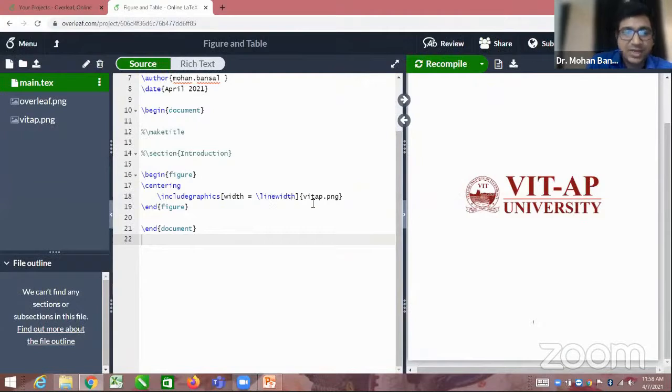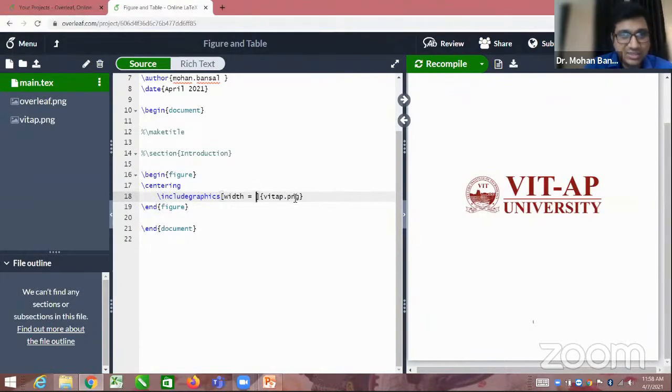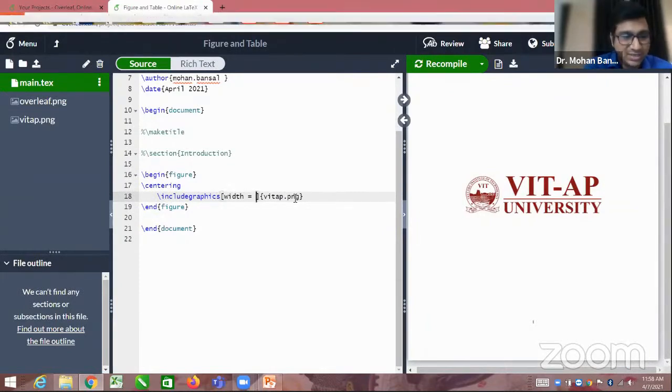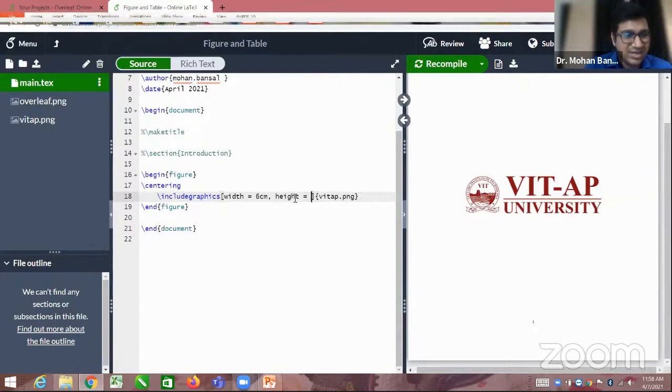Now we'll implement all these commands in Overleaf. So we have seen text width and line width in this case. Now we'll define the width size. Let's consider the width of this image is large. So we can take 5 centimeter or 6 centimeter, and height is equal to like 2 centimeter.